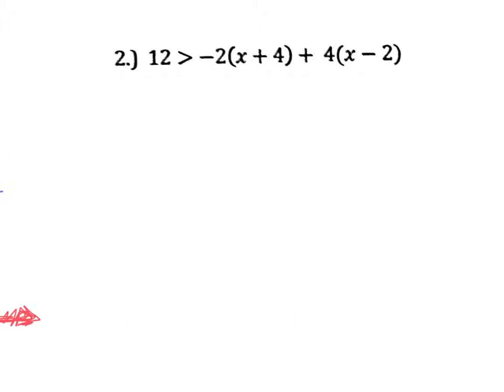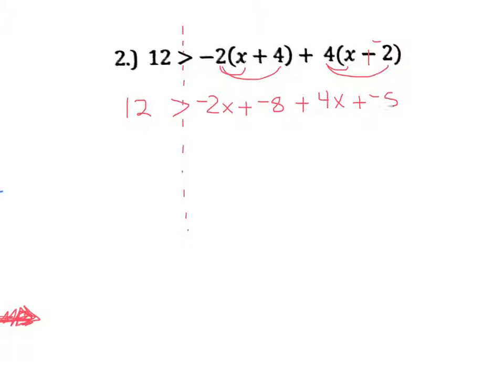Alright, let's try number 2. Draw your dotted line. Double sign change. Distribute. Distribute. 12 is greater than. When I distribute, I'll get negative 2x plus negative 8. Hopefully you're thinking along with me, not just copying. Distribute the 4. That'll give me 4x plus negative 8. Alright, I'll bring down the 12 is greater than. I have some like terms here. Negative 2x plus 4x is positive 2x